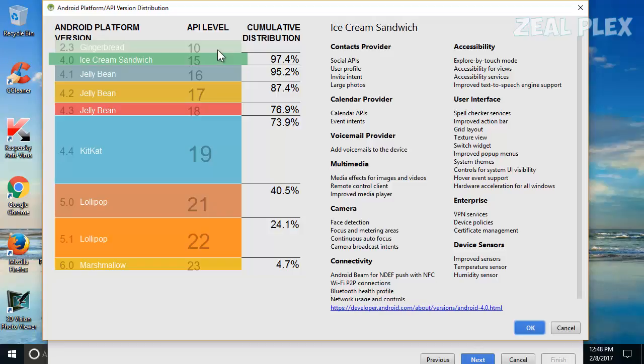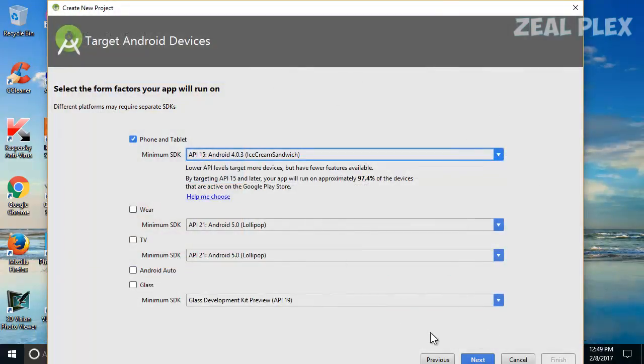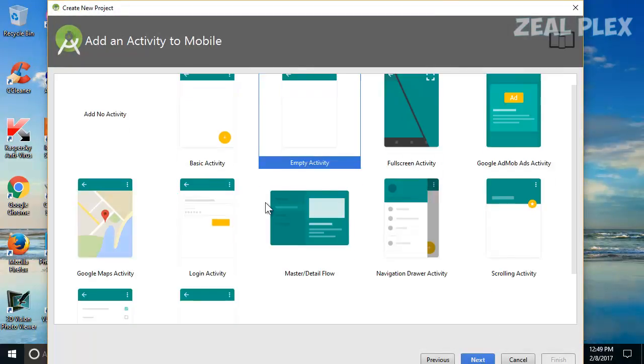Many times an older version is not going to support many of the features, but as you go to the latest one, there are more features available for the phone. For example, augmented reality is supported by some other version, and the later version, API 10, is not going to support that augmented reality. So many of the things coming up next inside Android come with more and more features. Then I'm going to click on next,